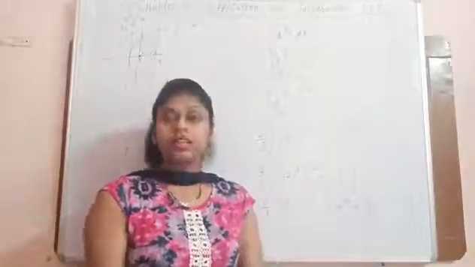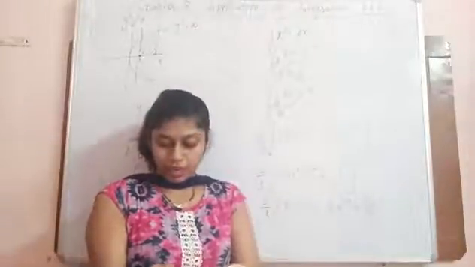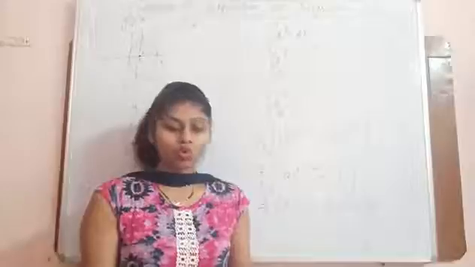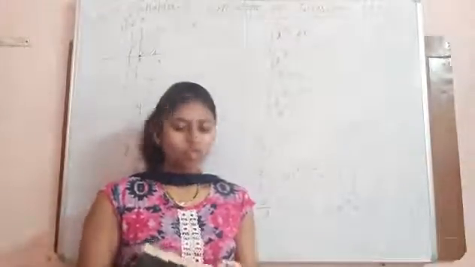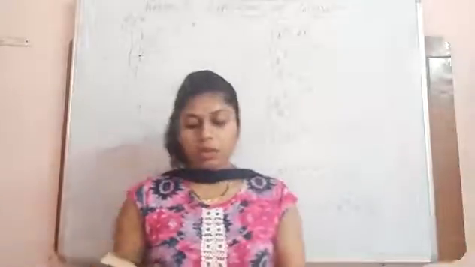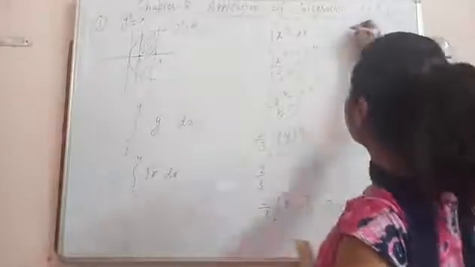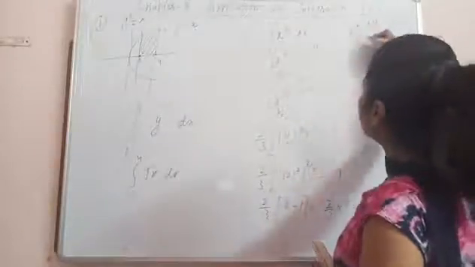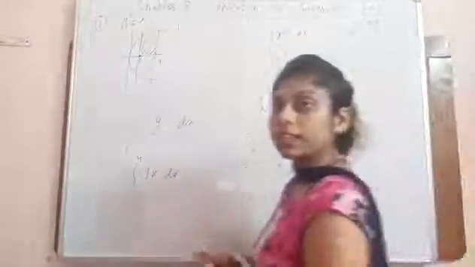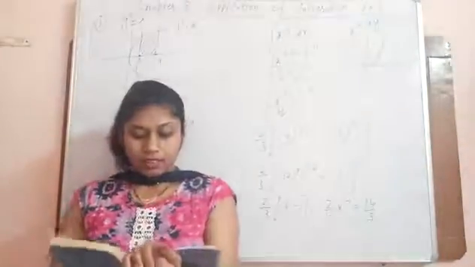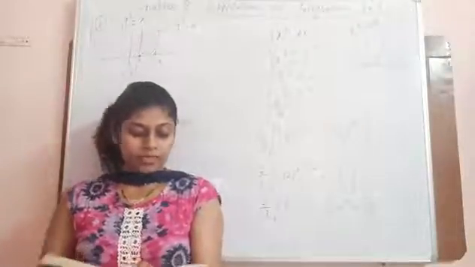Next, second question is same. It is mentioned in first quadrant. Same question again. This is left-handed parabola. Limits will become 2 to 4. Clear? Next, third question. Find the area of a region bounded by x square equals to 4y. This is the upward parabola. Clear? And y is equal to 2, y is equal to 4 and the y-axis.